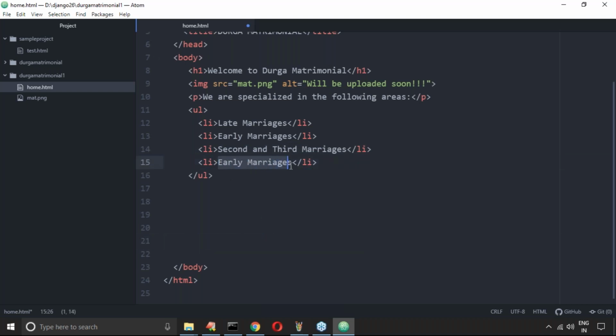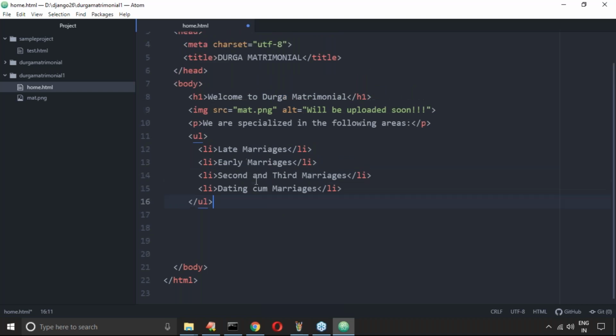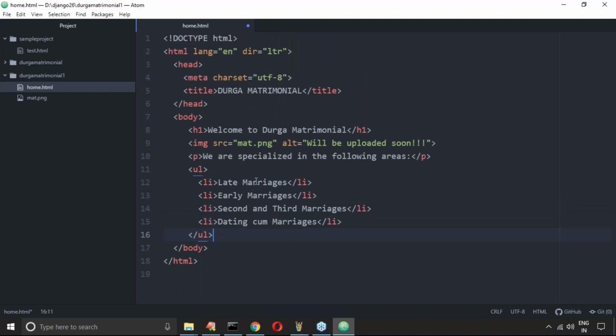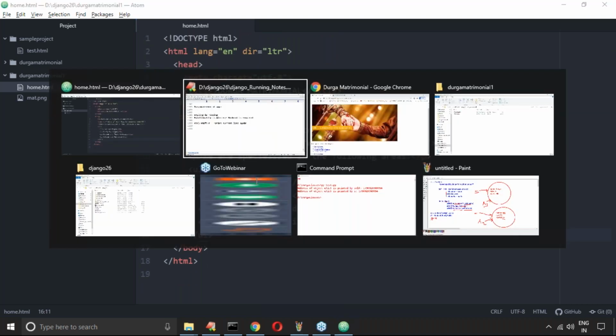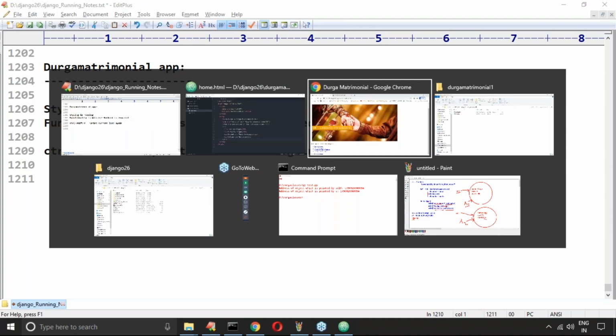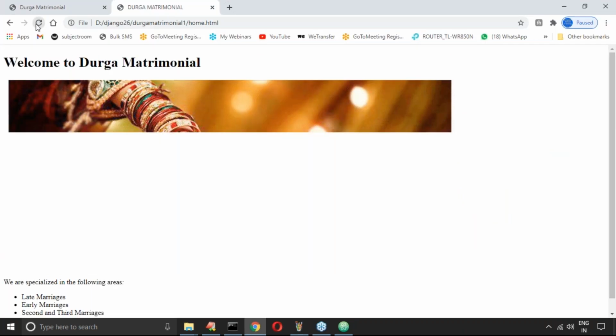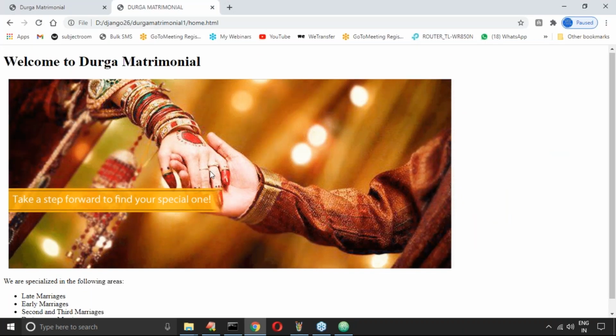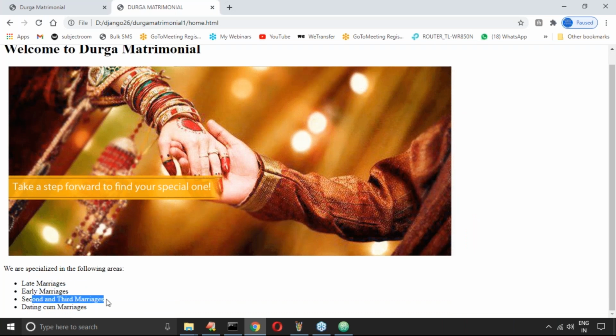Clear, right? Yes, this is an unordered list. Now have a look once. Am I going to get that list or not? Perfect: late marriages, early marriages, second and third marriages, dating come marriages.